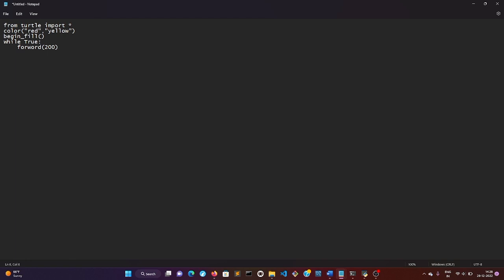And here left, how much you give left, I give 120 and hit enter. Here I give an if condition: if the sun has a position, which direction your sun moves. So here I give position. I don't have any position, so the right